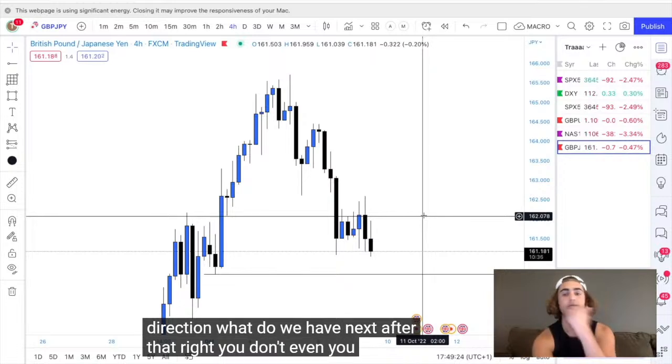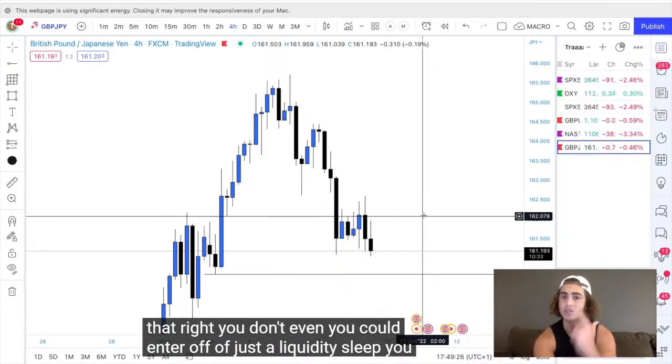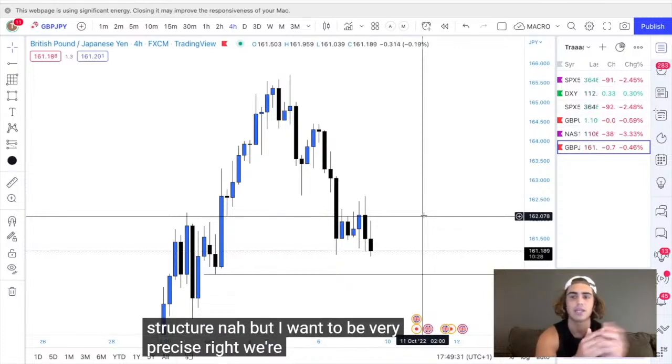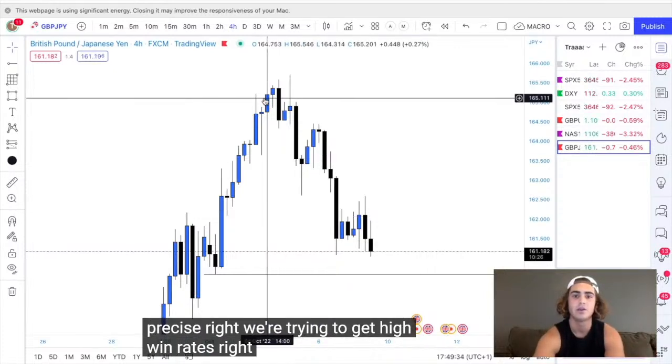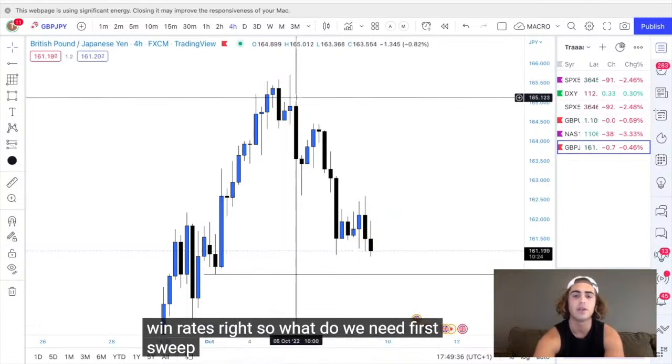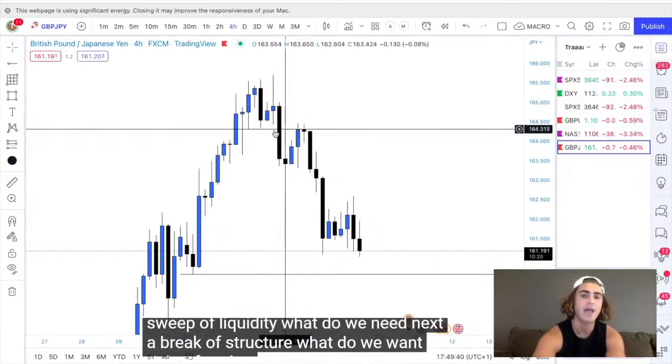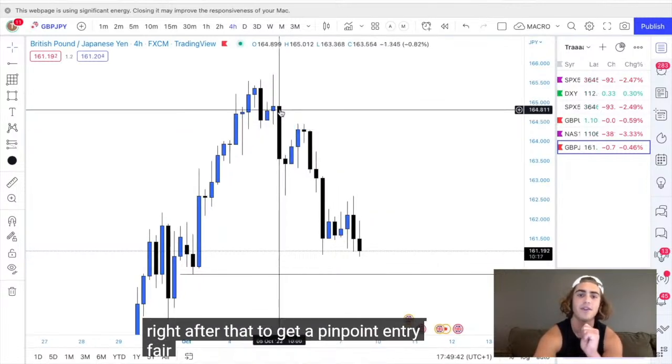You could enter off of just a liquidity sweep. You could enter just off a break of structure. Nah, but I want to be very precise, right? We're trying to get high win rates, right? So what do we need first? Sweep of liquidity. What do we need next? A break of structure. What do we want right after that to get a pinpoint entry? Fair value gap off